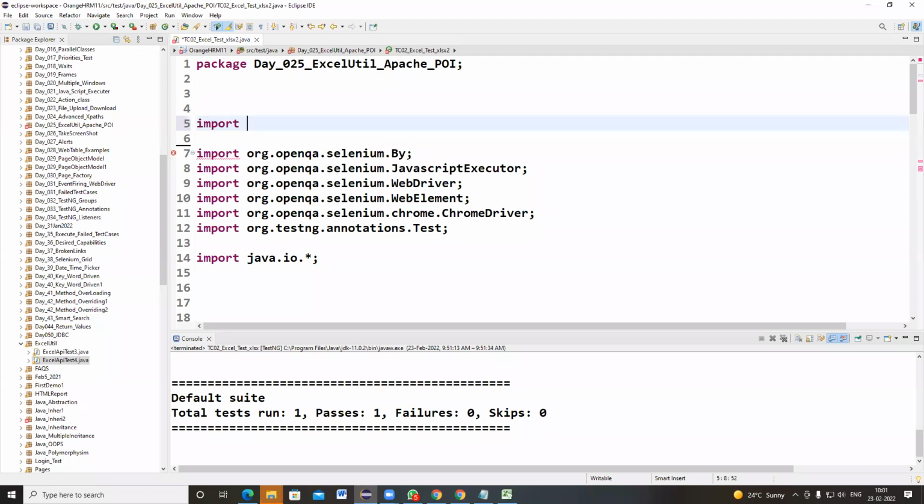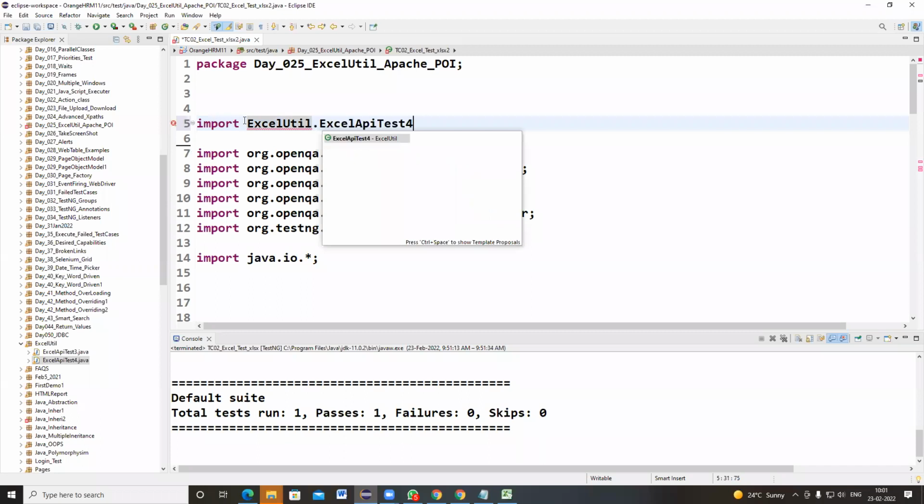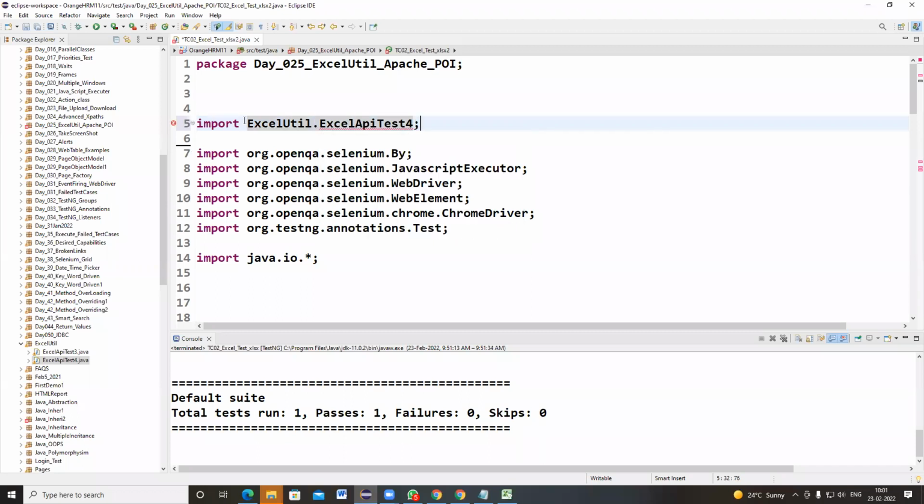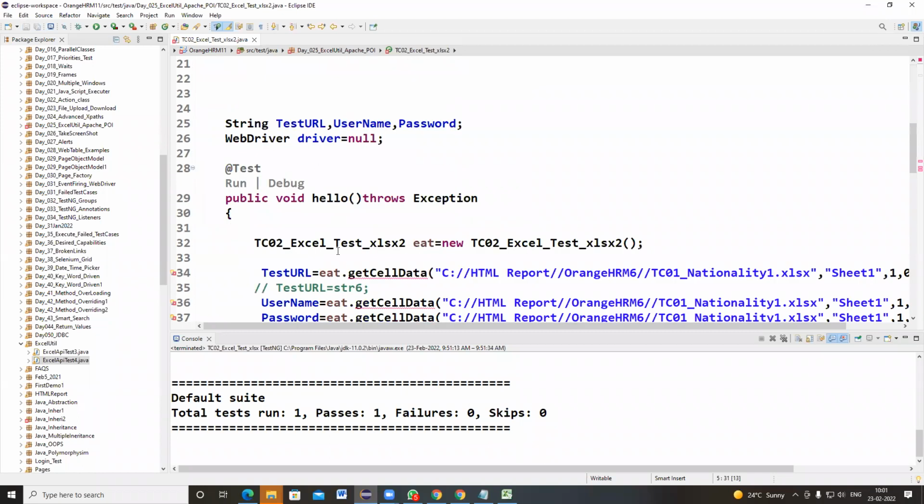What is my package name? Excel util. I'm writing the Excel util package name dot Excel API test4. Like that only, I have to import the class name. So I have imported package name dot class name, Excel API test4.